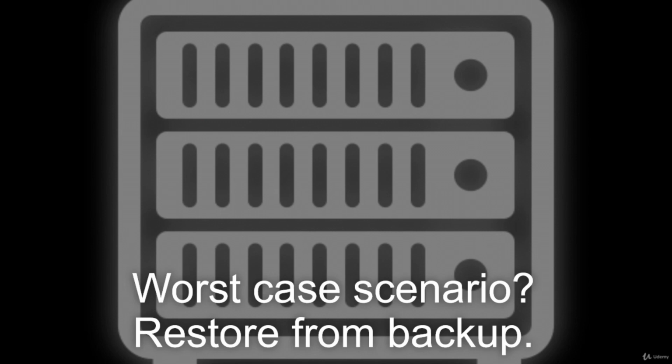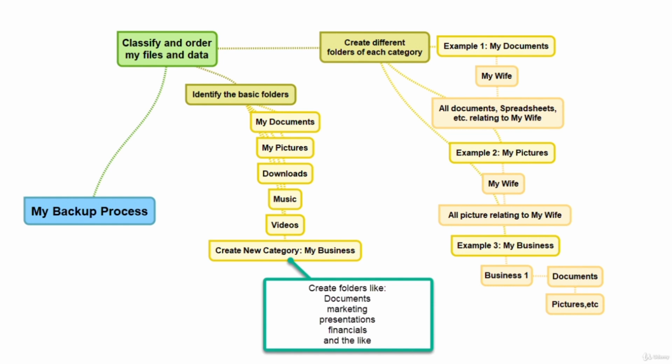To enable a successful backup approach and backup strategy, you need to order and classify your files and your data. Now, your operating system normally goes a long way to do this for you. And in your existing file structure, you will most probably find, at the very least, existing folders or groups that will be under File Explorer in Windows and Finder on Mac. On Windows, pre-existing groups will be documents, downloads, music, pictures, videos, etc.